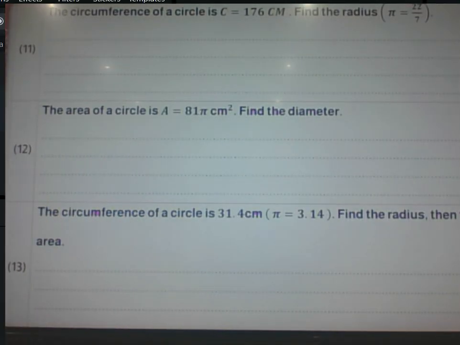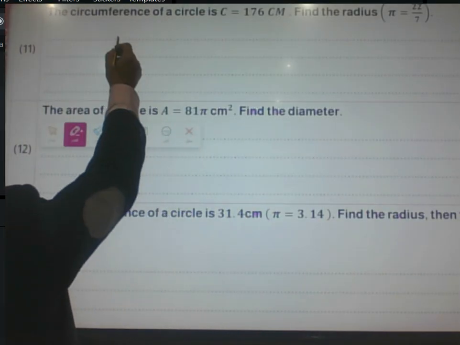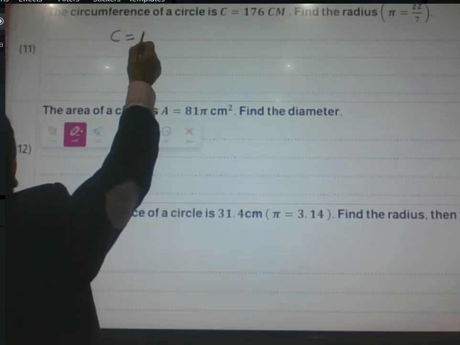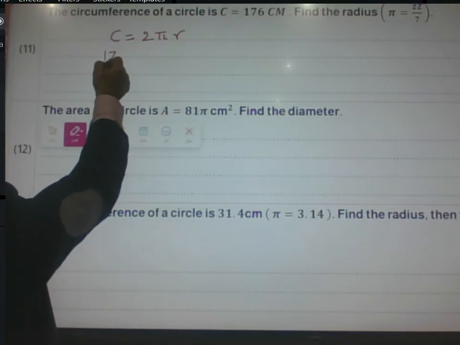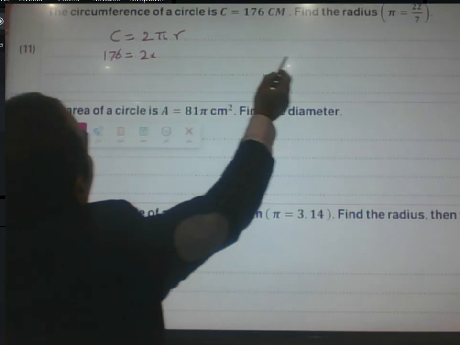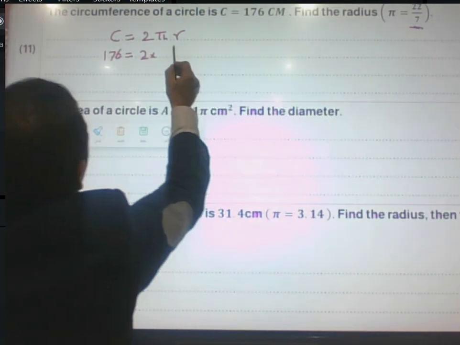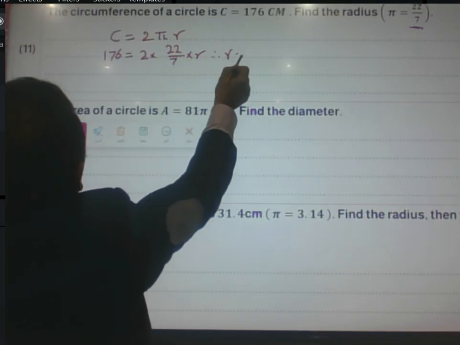Now, my students, I will solve question number 11 here. The circumference of a circle is 176 centimeters. Find the radius. Okay, we can start with the rules. Circumference equals 2 pi r. He gave me the circumference was 176, equals 2 times the value of pi. He gave me pi equals 22 over 7, times the radius. We can find the radius here equal